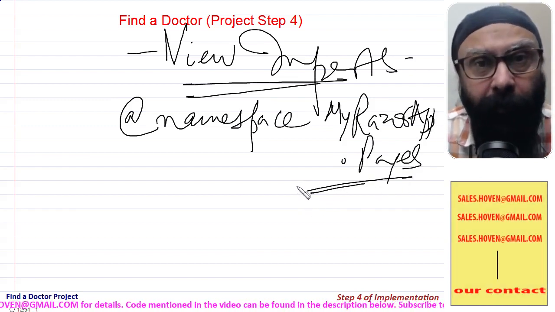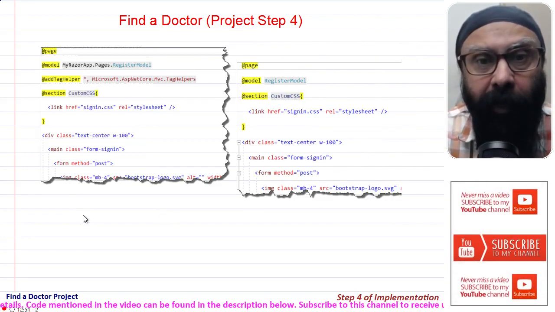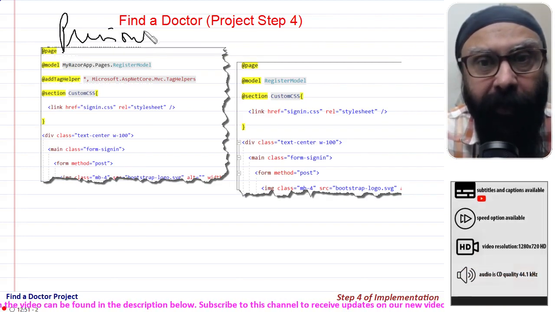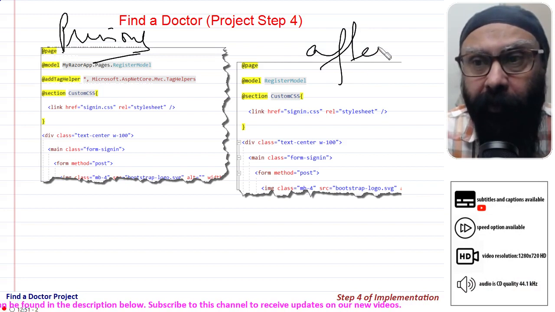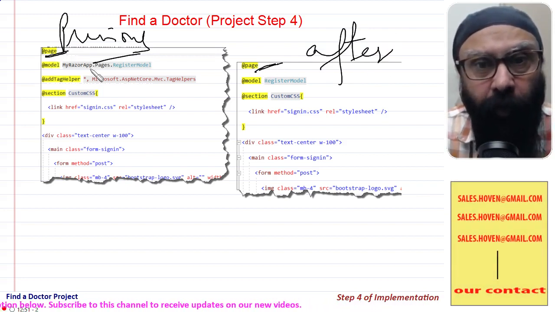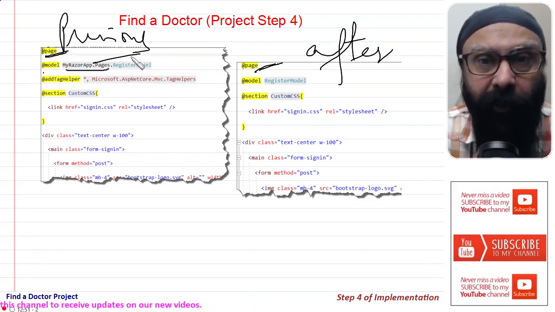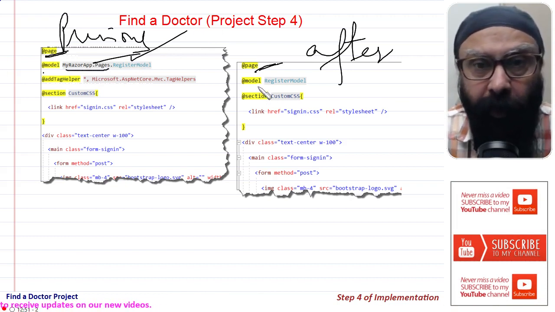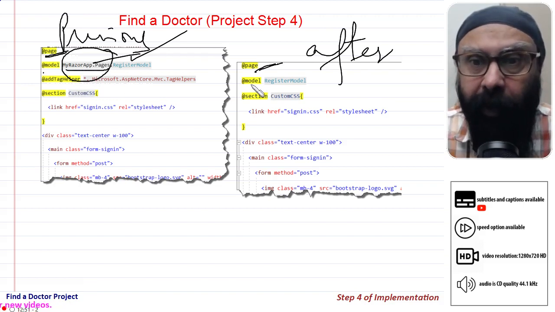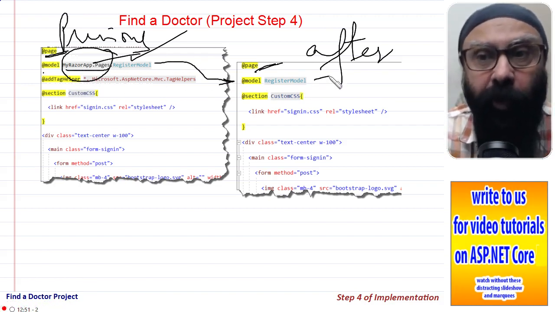So how will it help us modify? Just have a look at this. This is one of our previous files and after modularity. Compare, this is the add page. At model myrazor_app.pages, this is the namespace and this is the class. If I move this namespace to a common file, view imports, then I can shorten this to add model, register model. This will help me shorten this.